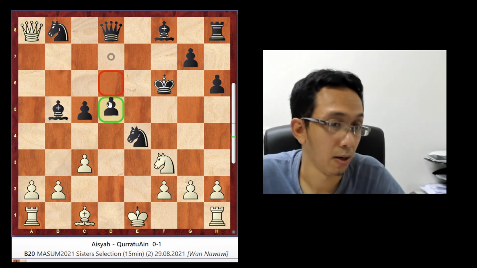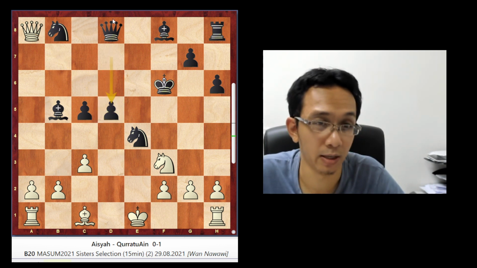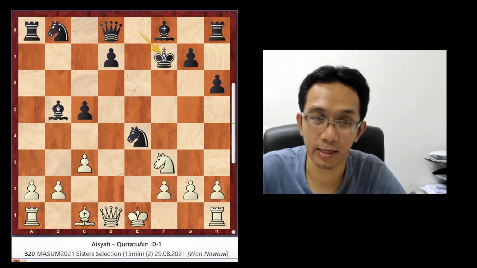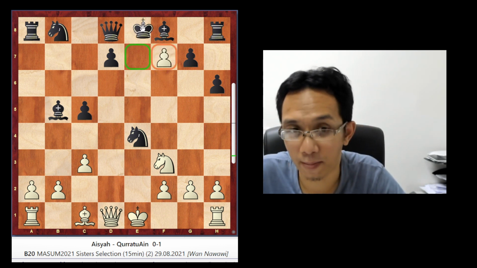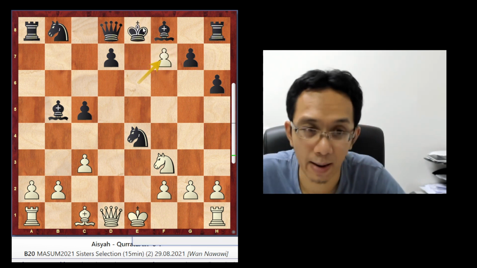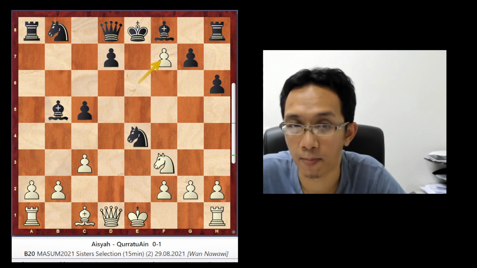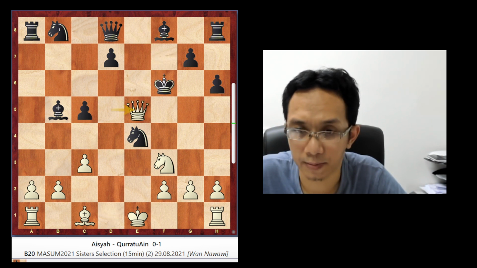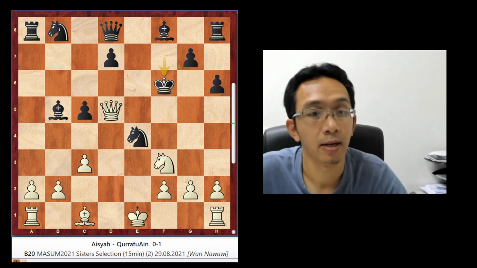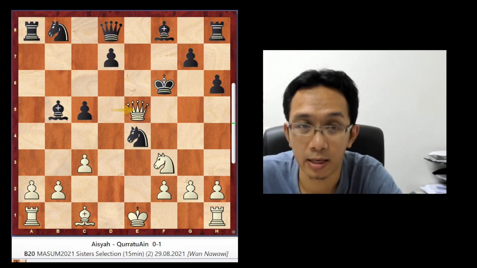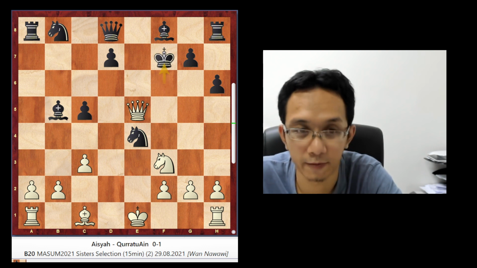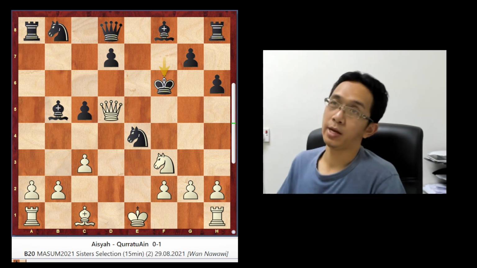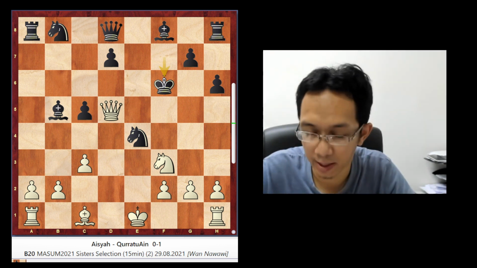White loses, because black can go here, and now this is protected by the queen, and also can go here and so on. The reason why taking this is wrong, why black taking this is wrong, is because white is able to do perpetual. White is able to do perpetual because here, let's see, king f6, and then white can draw by playing king e5. Just a draw, king f7, and then repeat again. Repeat again.